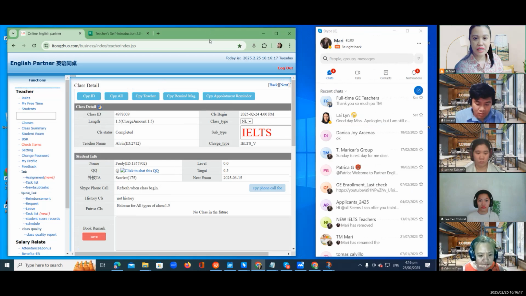Tapos, I'll send it here pero sa Skype to dapat ipapadala. So, you can see what information is there in copy ID. See that? Andyan yung name, student ID, time, tapos yung length of this class. So, let's say this class, gusto mo siyang ipa-cancel. So, always send the class ID and then you have to inform your TA.